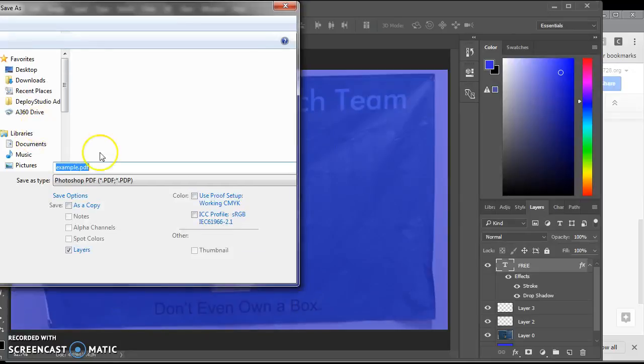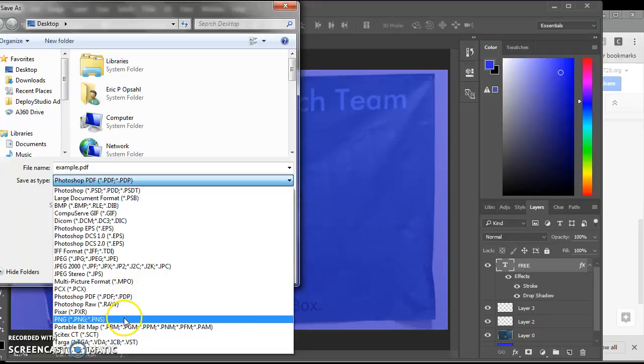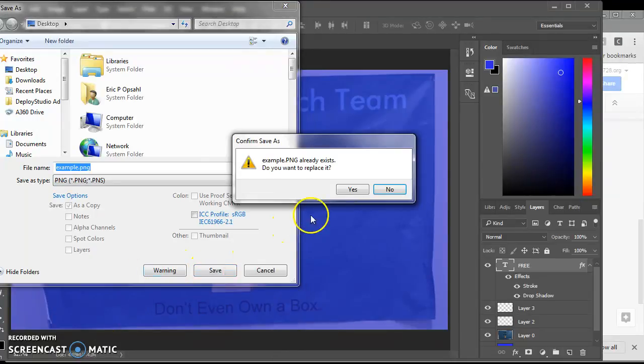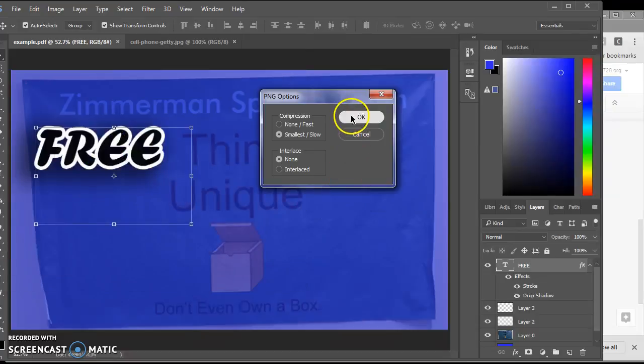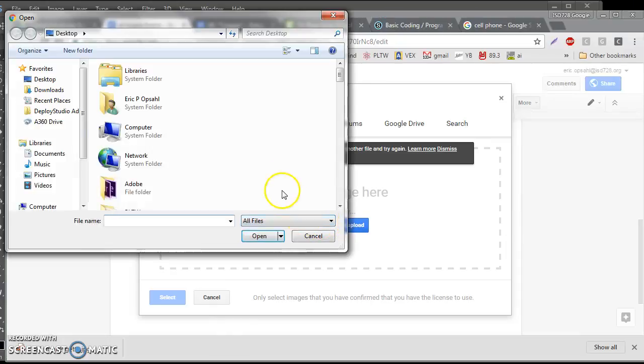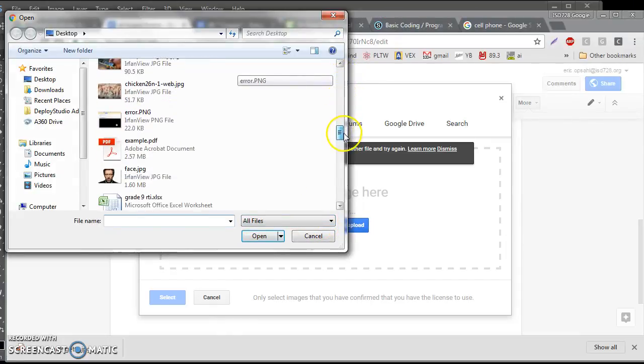File, save as. Let's pick the PNG. I'm going to a document. PNGs will work. Save. Yes. Okay. Done. Come back here. Choose image. Desktop. It's the